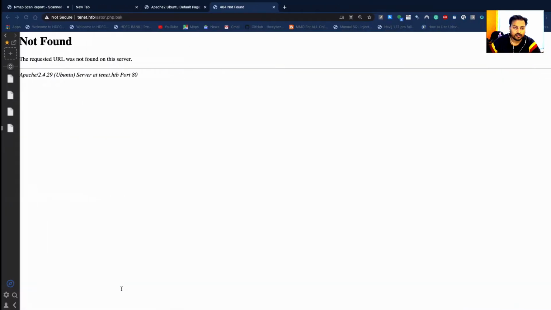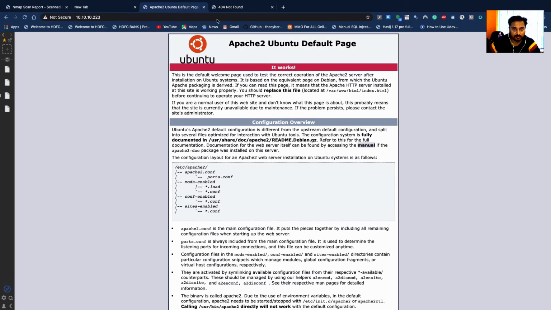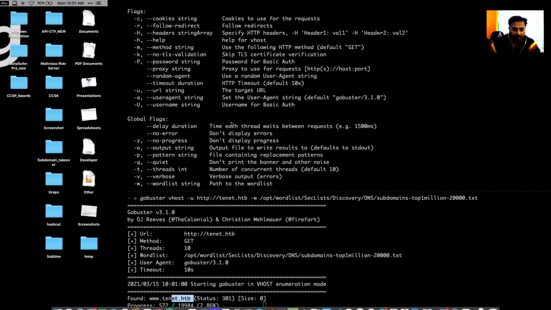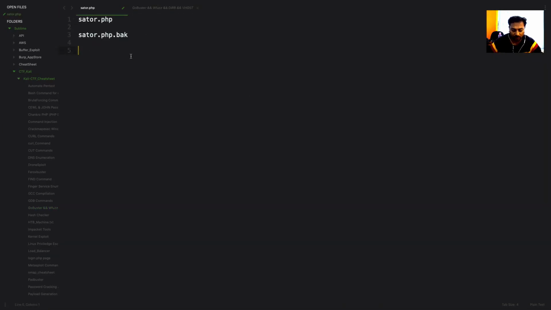So what I have done here is, see, there is information regarding this setter something, right? That part we identified previously. So what if I add this in our host file? I want the IP address 10.10.10.223, and I will try to put this domain setter.tenet.stb. This is also possible, right? Because we can assume maybe setter is a subdomain of this, and then we can try that. So I am trying this and I got a success after making this entry